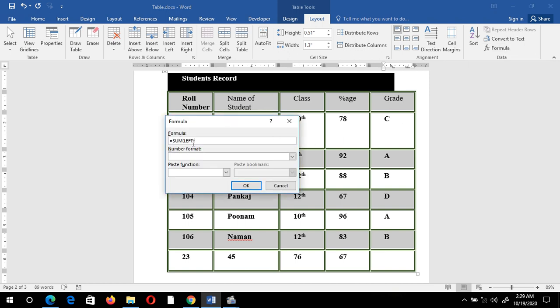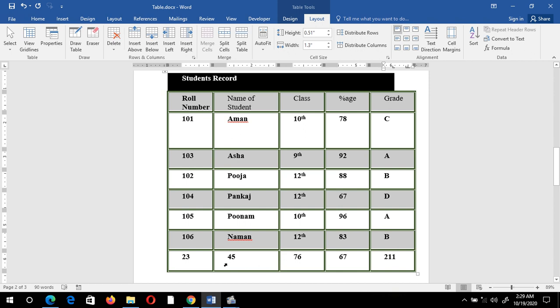This time it automatically selected left. I can write above, below, left, right. I just click OK because I want to calculate the sum of the left side numbers. Now you can see it calculated the sum of these cells. So in this way I can use the formula in Word also.